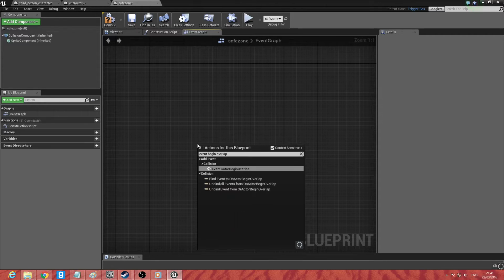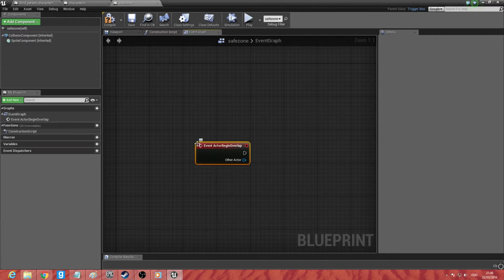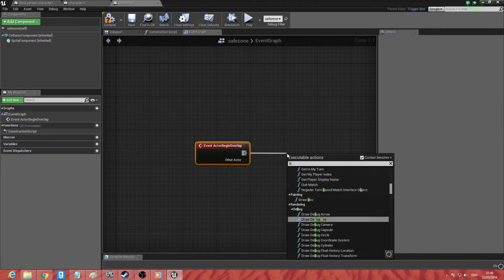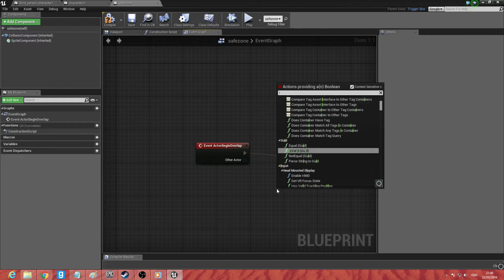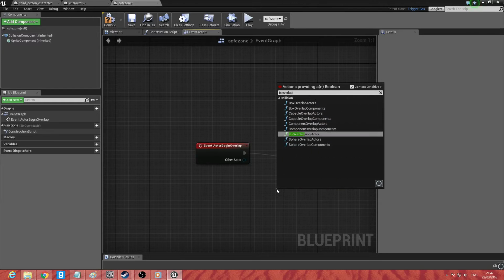Yeah, event actor begin overlap. What that would do is when the character overlaps the trigger, it will send a signal from here, so it'll begin this basically sequence. And what we want to do is drag it off and type in branch, so we want another branch for it. So with this, what we want to do is overlapping